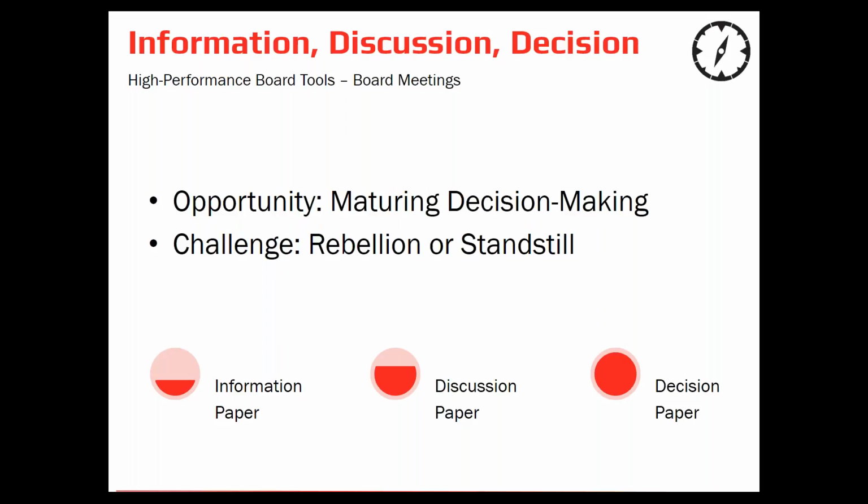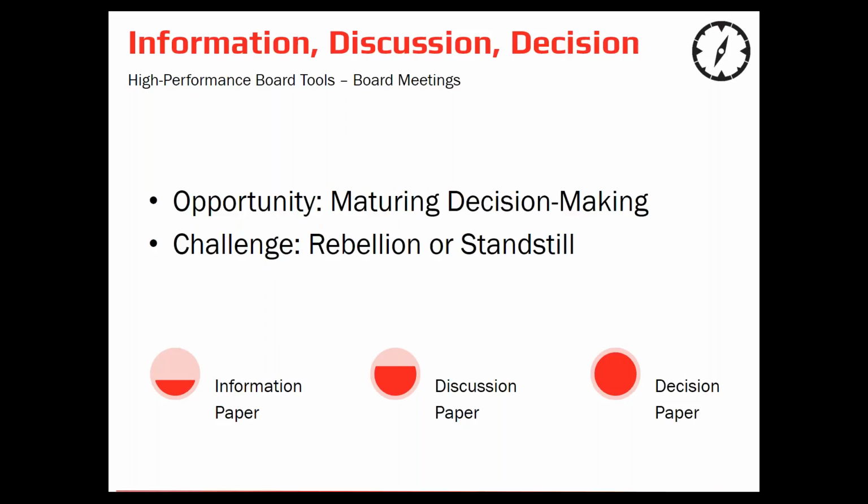The decision paper says, based on the discussion paper, you gave me a couple of areas to focus on and think about. But Mr. Board, as Managing Director, I've gone away and I've taken all your questions and comments and considerations and concerns, and here is an updated set of data, and I propose that we do the following ABC. This is why I propose, and here's the supporting data to support my proposal. Do you agree, yes or no? And that's the decision paper.